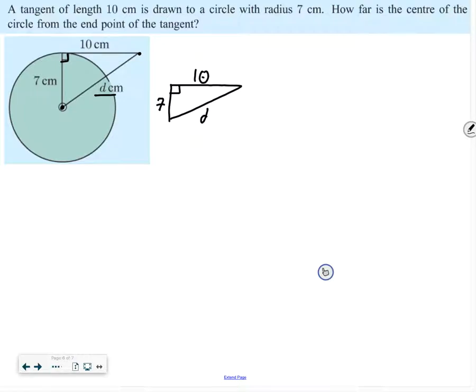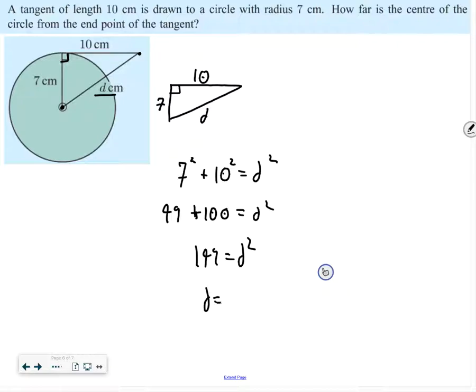So using our Pythagorean theorem, we see that 7 squared plus 10 squared equals d squared. So we get 49 plus 100 equals d squared. So 149 is equal to d squared. So d must be equal to the square root of 149. We use a calculator to approximate that, and we get that it's approximately equal to